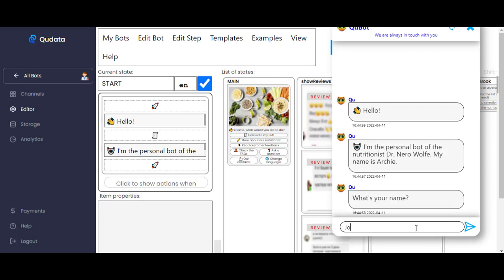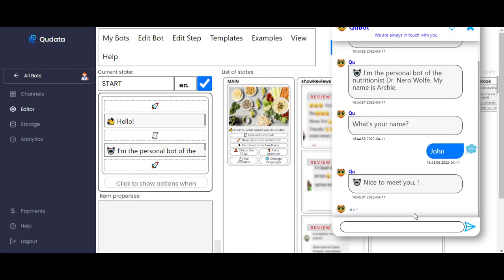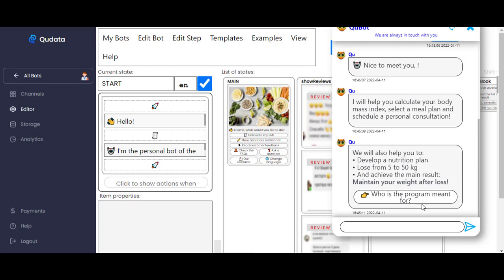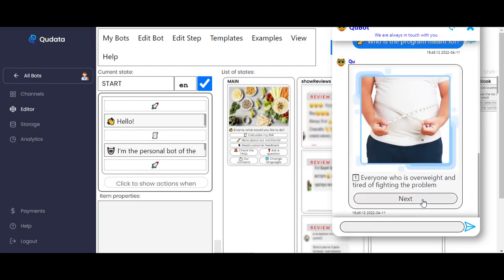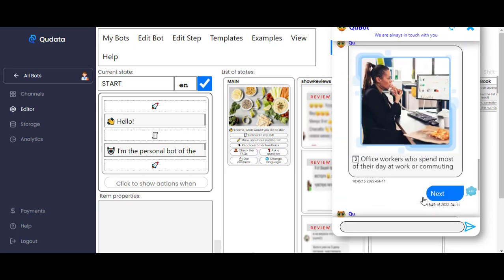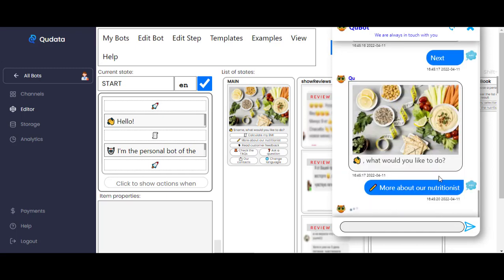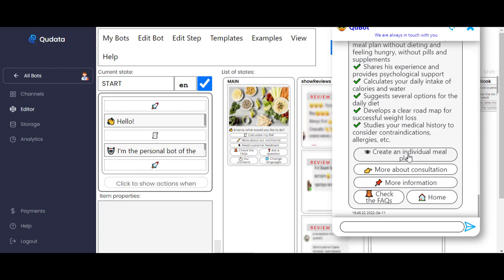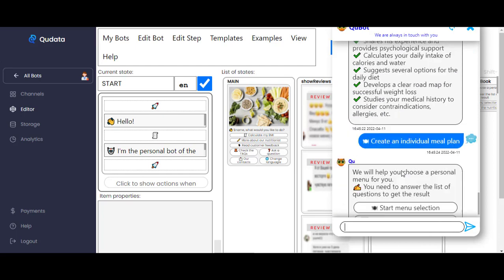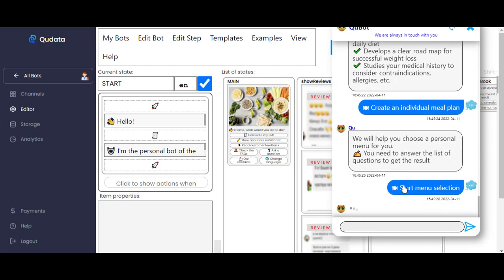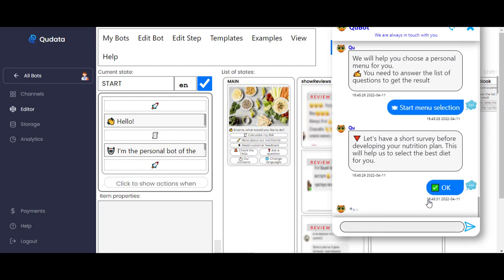In this video you will learn how to integrate your bot with Telegram. So, let's go through the integration step by step. I will show and comment every step for you to easily do it yourself. Let's get started. Make sure you have already built a bot with Qudata and are ready to integrate it with